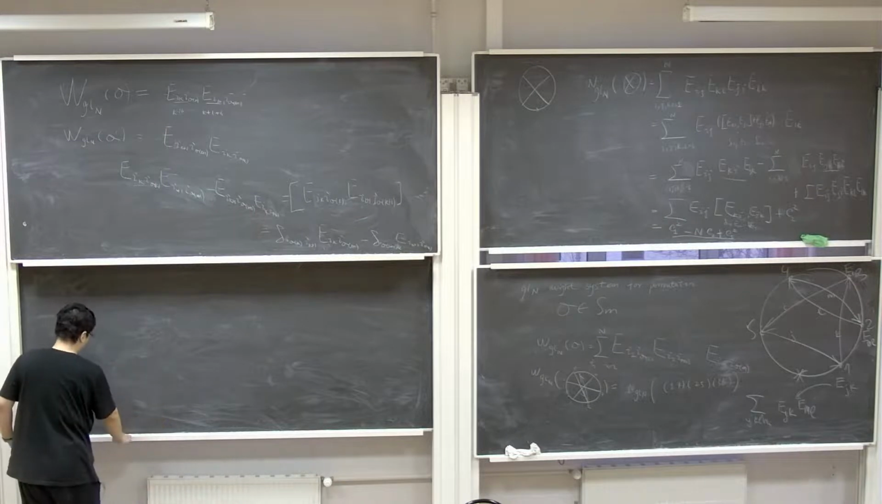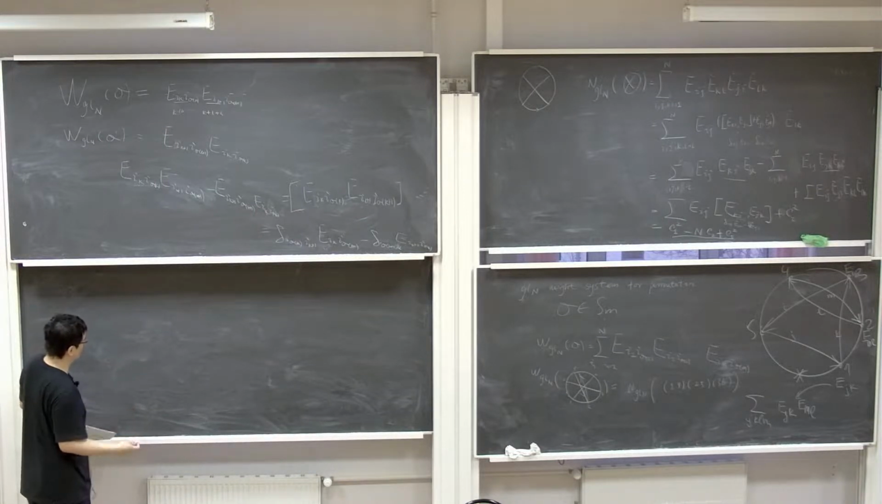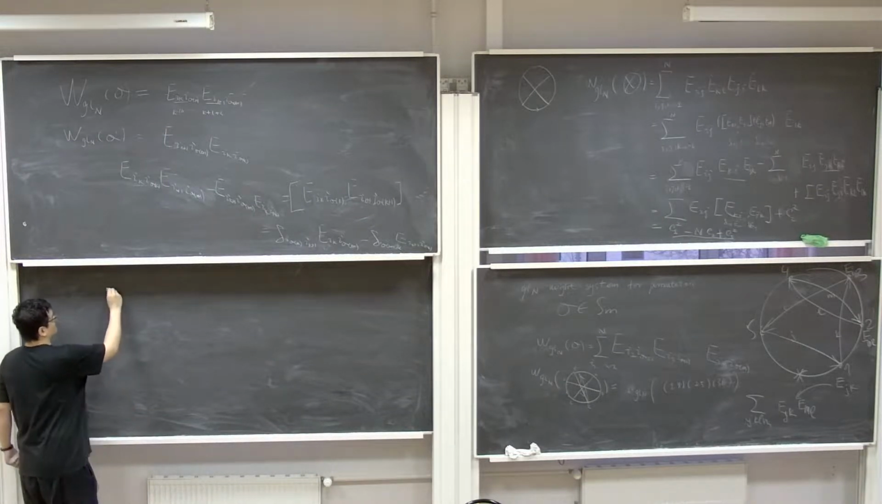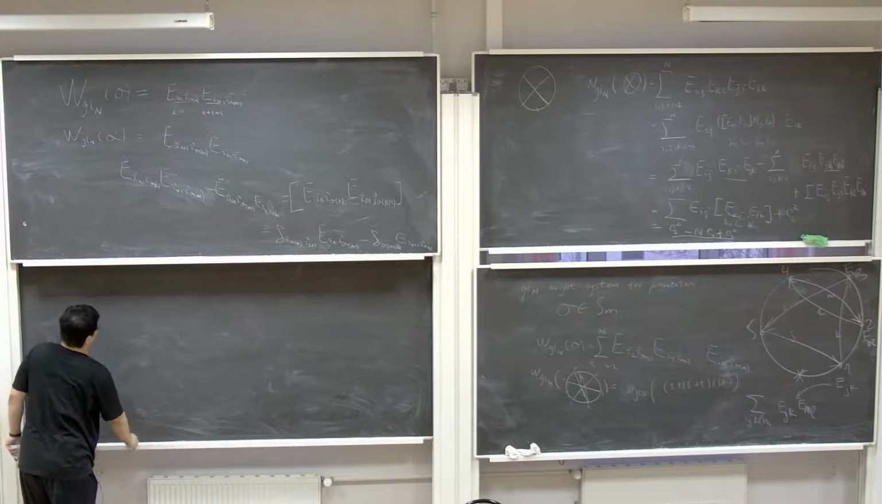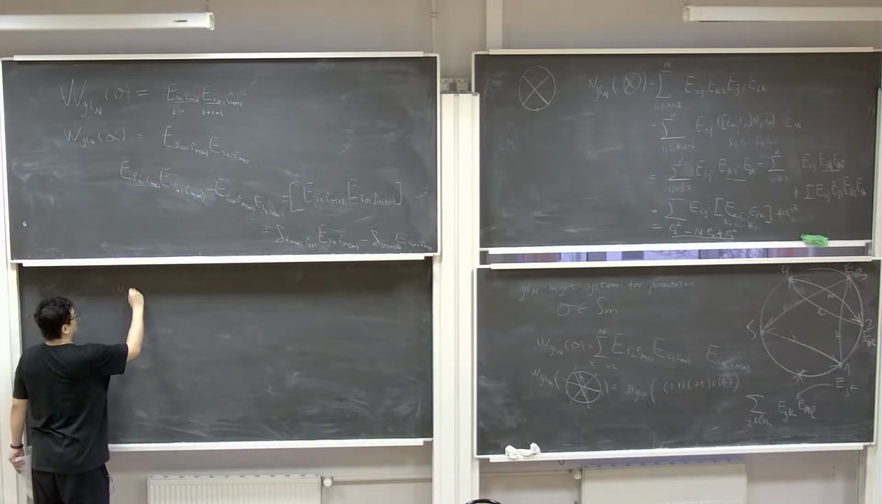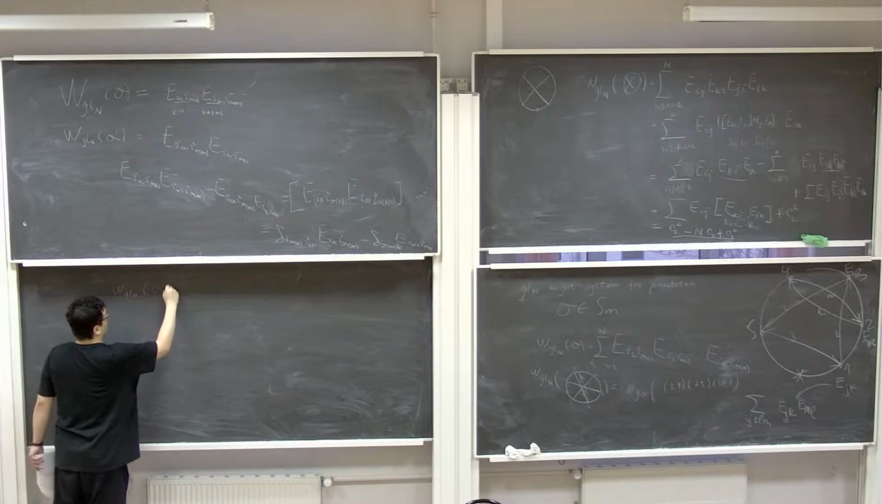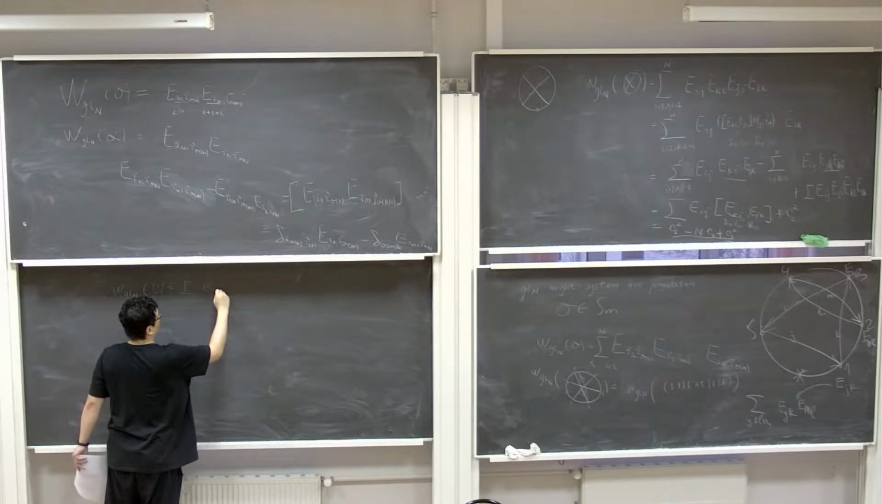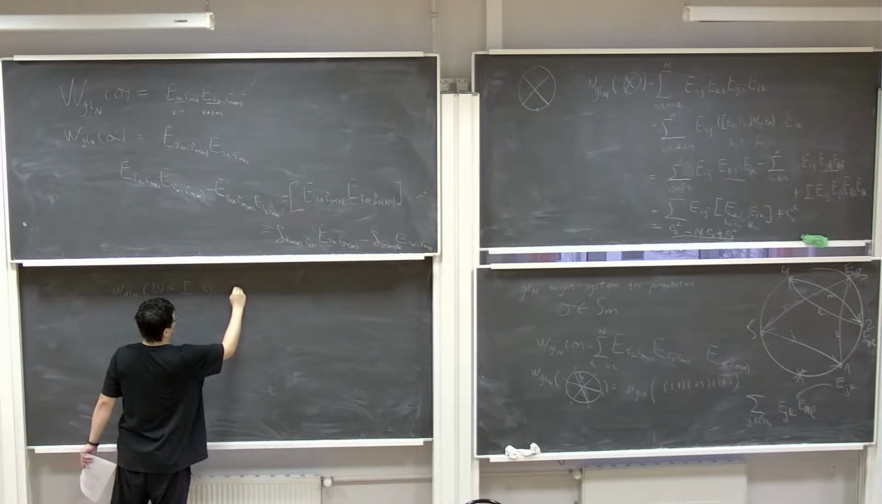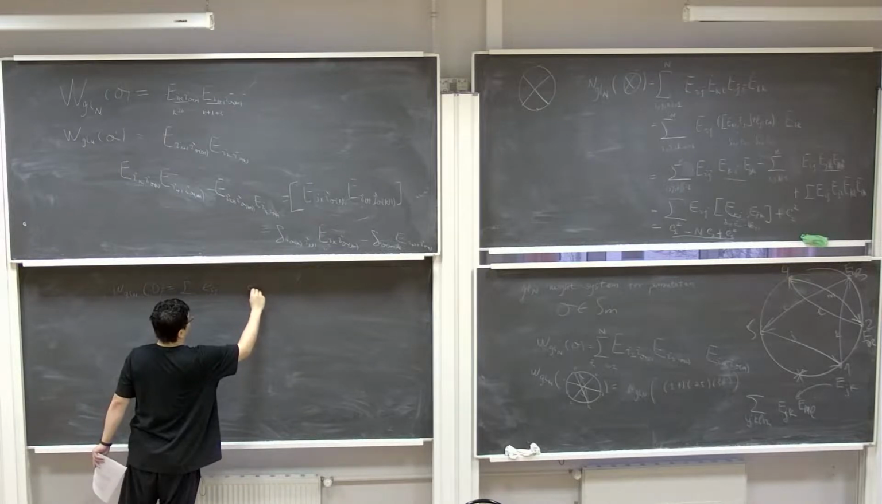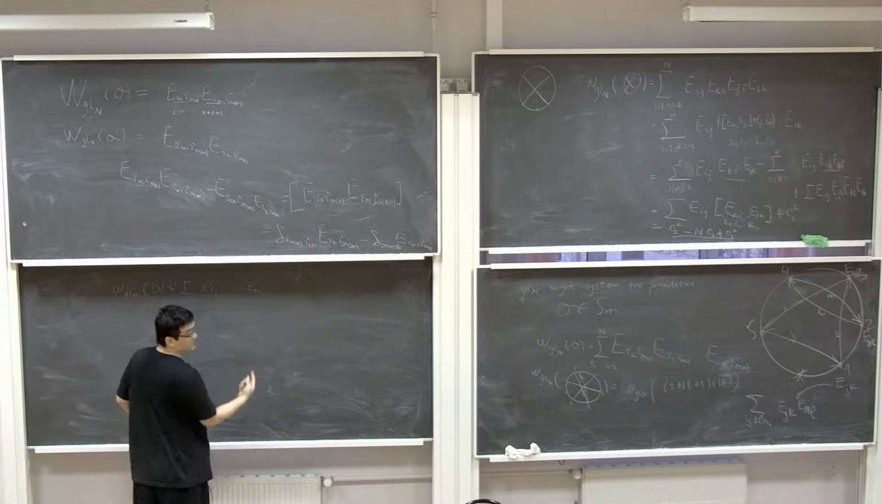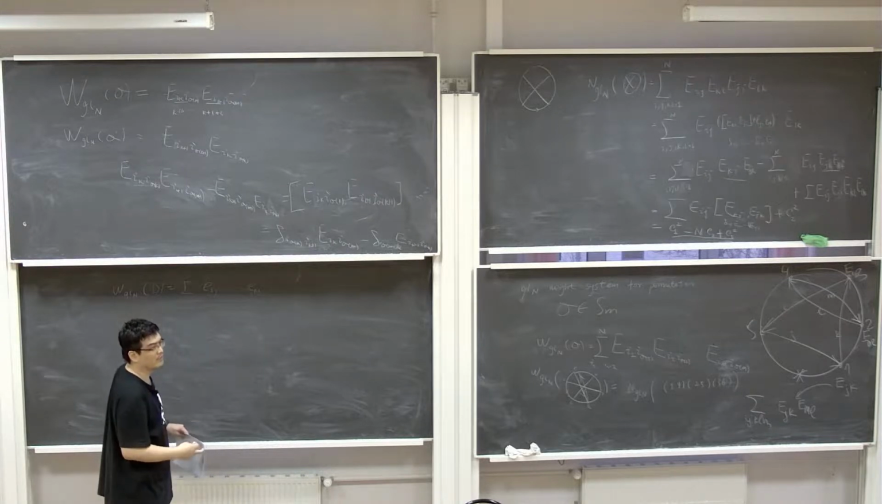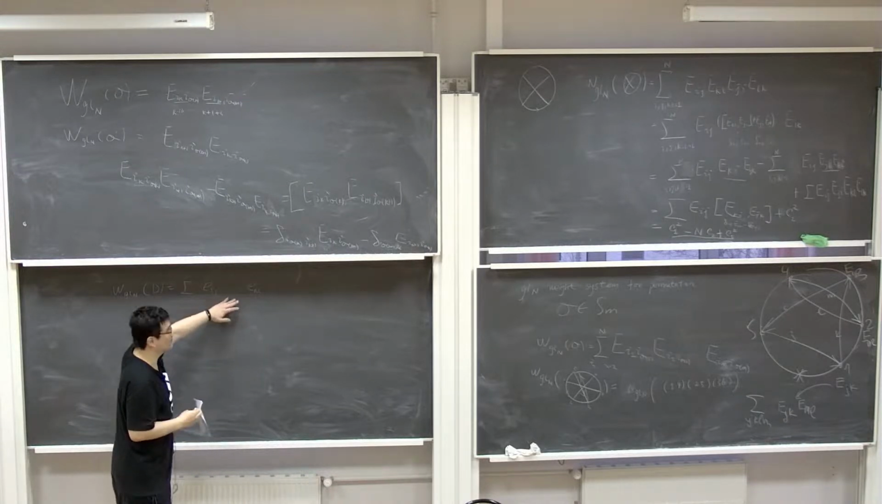So the GL_N weight system, first of all, if you check the definition, the GL_N weight system of a chord diagram D is the summation of the E_{ij}, E_{kl}, something like this, and the degree is at most 2n,